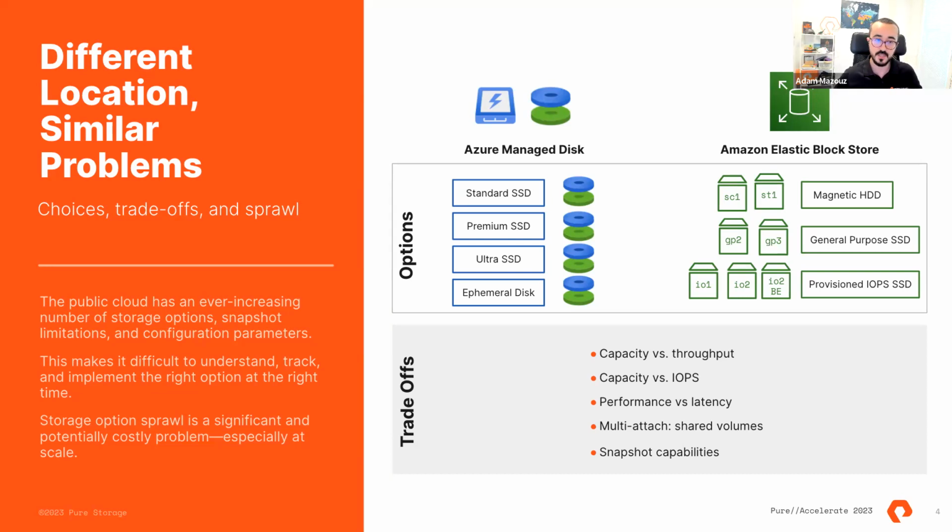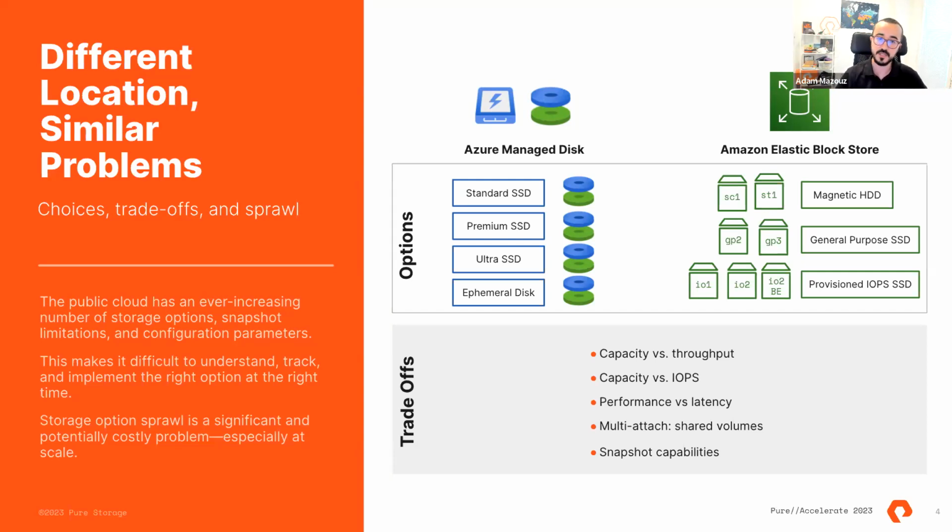Those trade-offs or choices are many to think of, but to name a few, there is usually a difference between capacity and throughput, or capacity and performance in general. If you want to get a certain throughput for your disk, you have to get to a certain capacity. The relationship between those two is exponential, or let's keep it as linear, between capacity and IOPS and capacity and throughput.